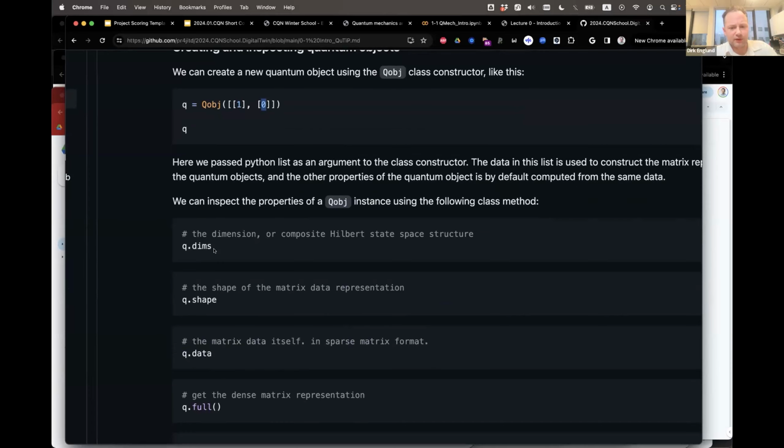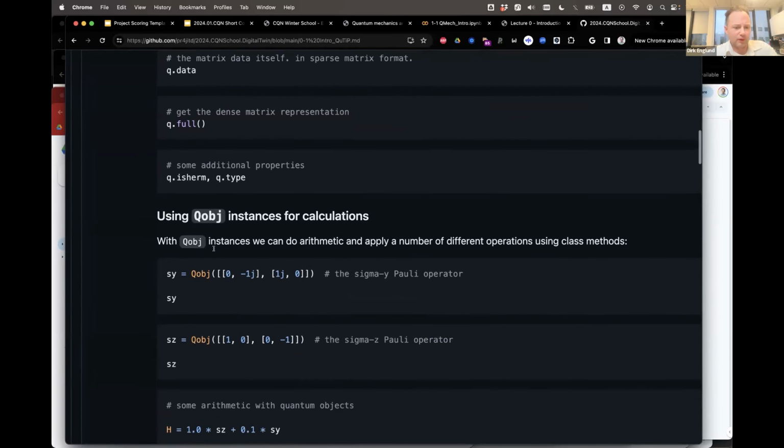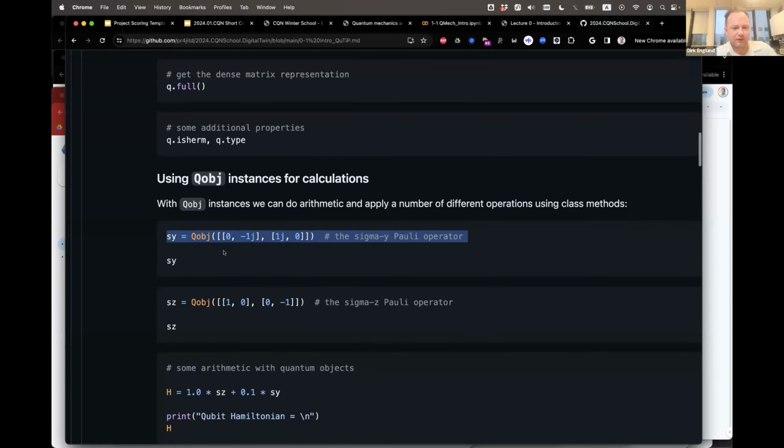Okay, we can ask what is the dimension of this object, which would, for example, be dimension 2, and so forth. We'll see this more in examples later, but you can use this quantum object for calculating. For example, first you can create an object to store the operators in our SU2 algebra that describe a qubit, and